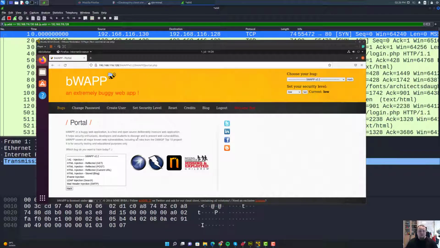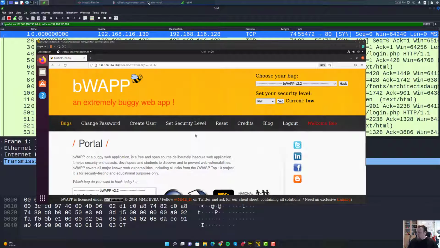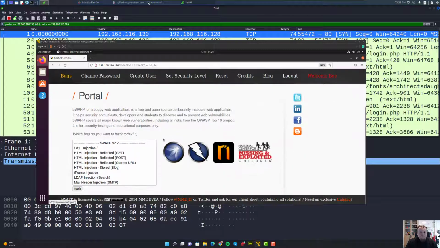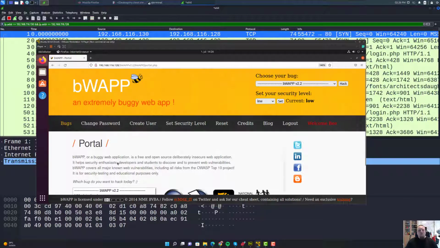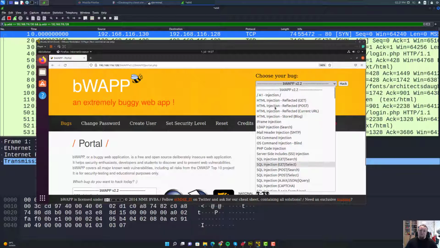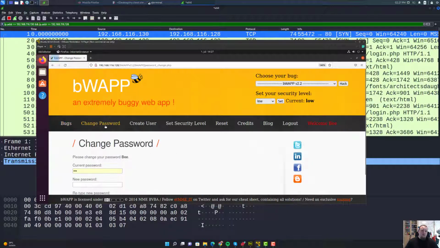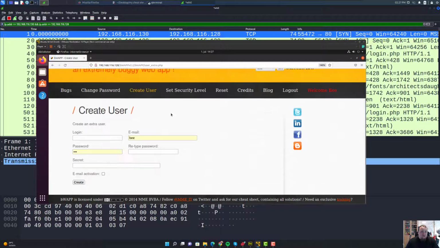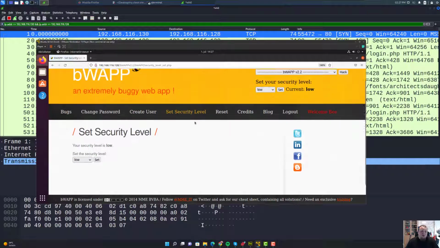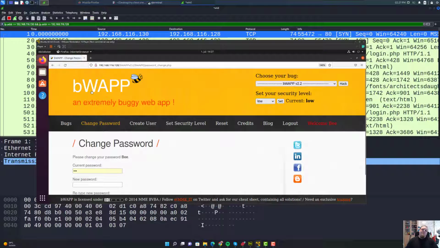I do see that I have different kinds of things. It's a fly, go away. That I can do. I can do injection, reflected, and different kinds of things. A lot of things to hack on this particular thing here. Now, of course, this is intentionally vulnerable. I can even set the security level. I can access different bugs from here. I can change my password. I can do different kinds of things, and depending on all these things here, that is something you